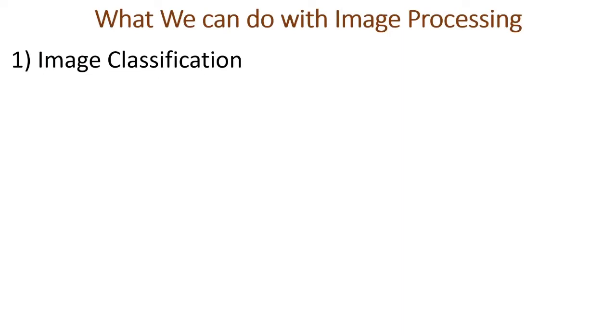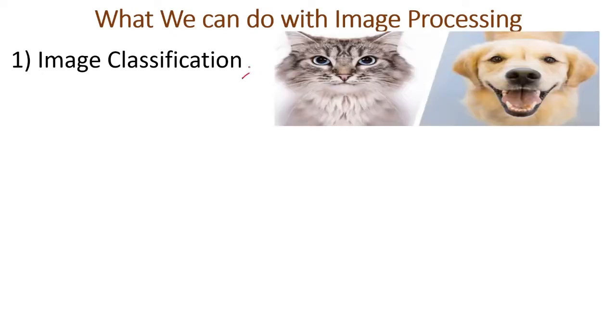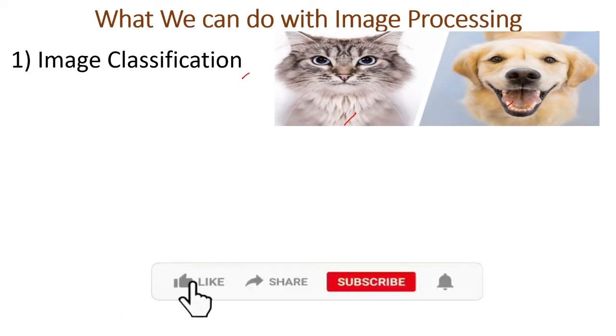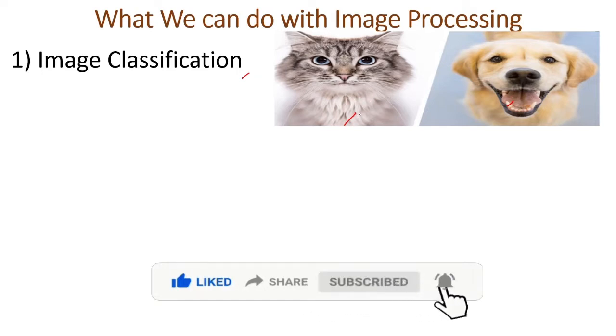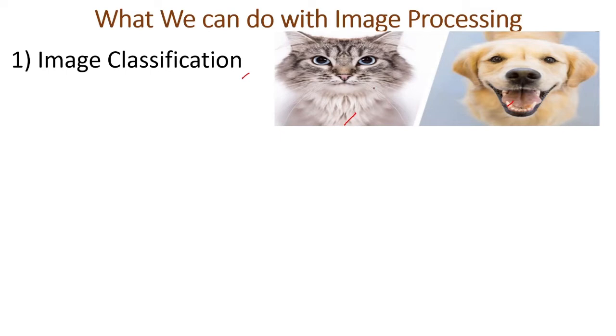So what is image processing? What can we do by processing an image? First of all, we can classify the image, whether the given image is of which type. Suppose we can classify this image as cat, this as dog. This is the first thing we can do with image processing. It's very easy with deep learning or machine learning, because it is just classification. It would be very quick to train on 2 or 3 or 4 images. We give some images of a cat and the model will detect that images similar to it are a cat.